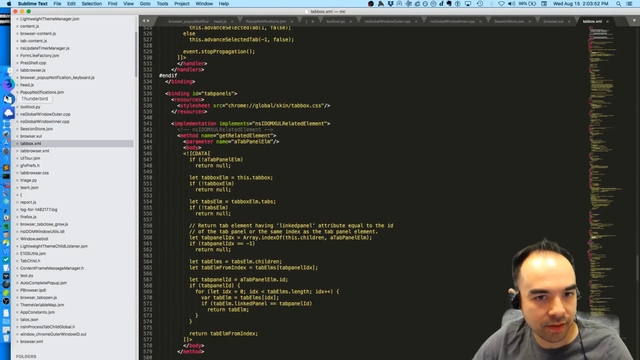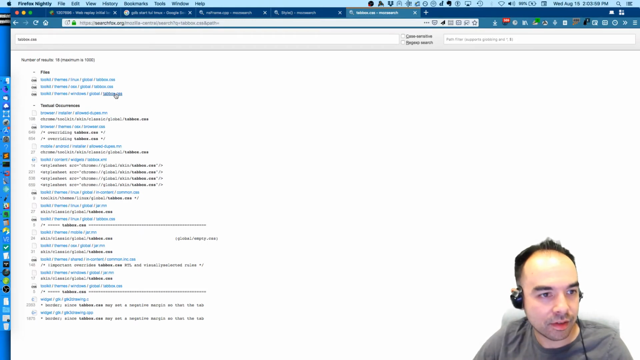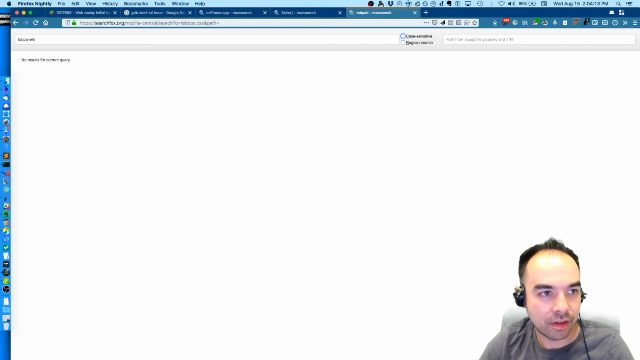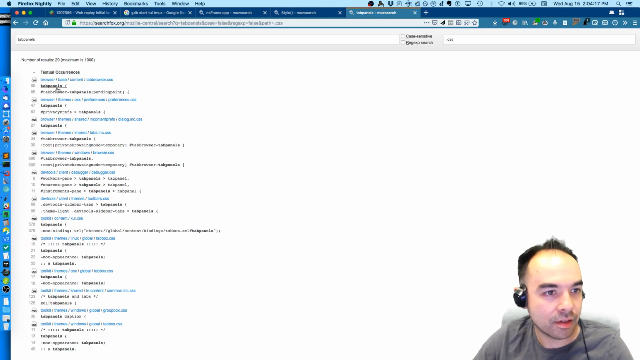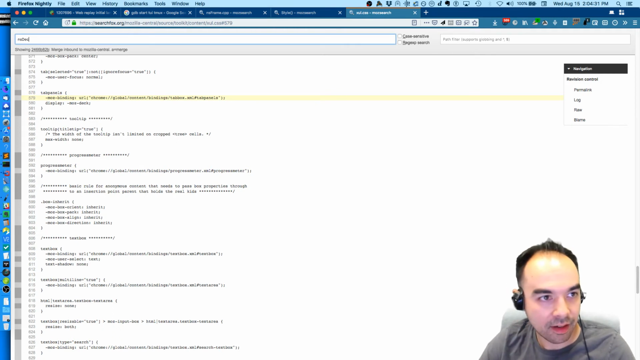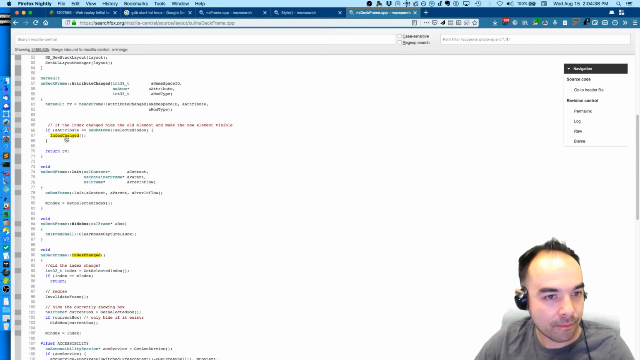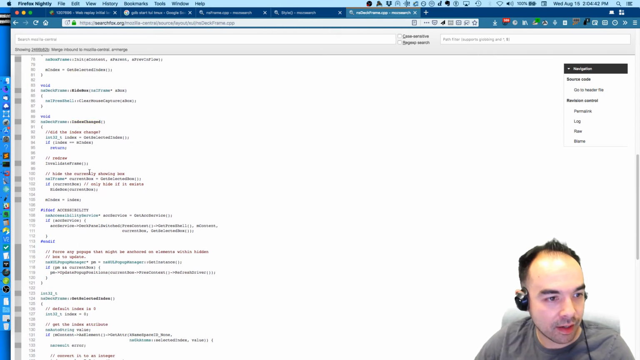and a tab panels. If we look at tabbox.css, tab panels is transparent, and we want to look inside, like the definition inside XUL. Tab panels is of display -moz-deck, and a -moz-deck is defined inside as deck frame, where after we change the attribute, the index is changed, we invalidate